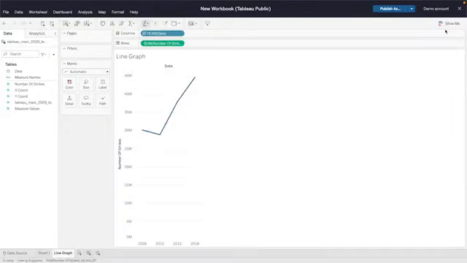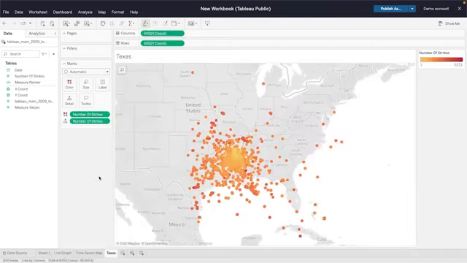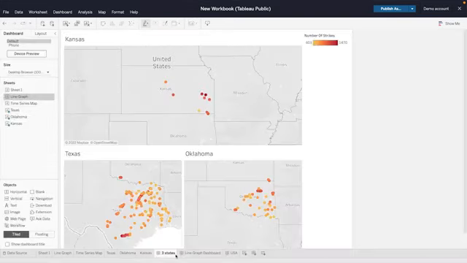For the first worksheet, you will create a line graph showing an upward trend in lightning strikes over 3 decades starting with 2009. For the second worksheet, you will show that the greatest amounts of lightning strikes have shifted from the east coast of the United States to the south central mainlands over 3 decades. And for the third worksheet, you'll show the number of lightning strikes in Texas, Oklahoma, and Kansas in 2018, the last year with complete data. These three sheets will form the generic to specific organization for the story.